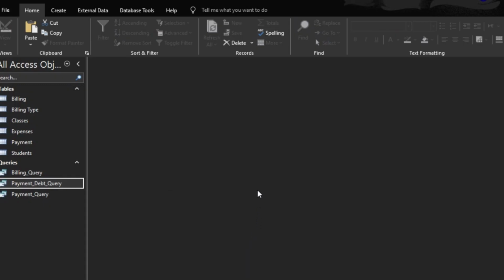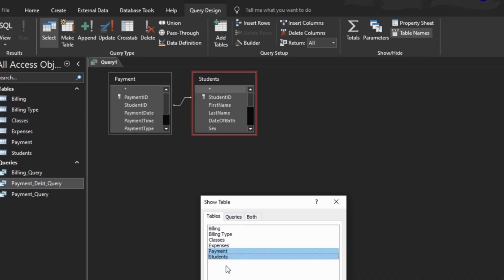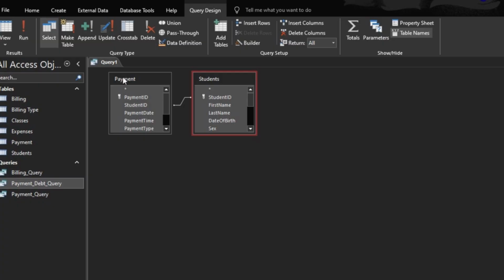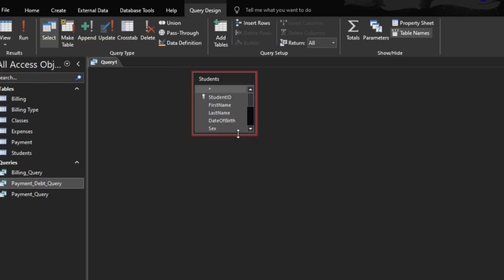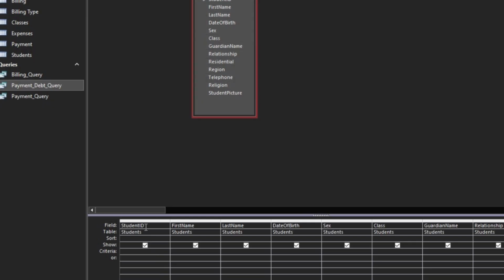The next query we are going to create for the table is to check or calculate the age of each and every student. So we go to create, we go to query design. Now we add the students. It's only students, we don't want payment. The students, and now we add everything here. We come here, then we have to calculate the age. So the age,